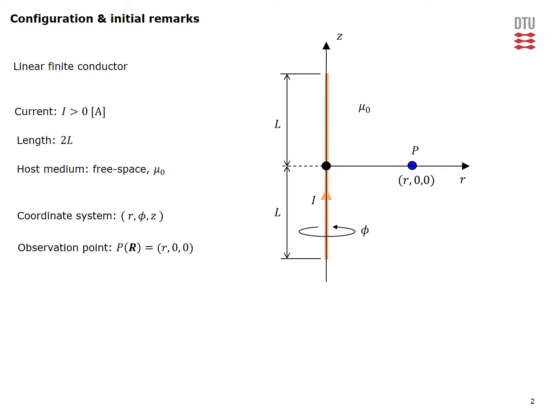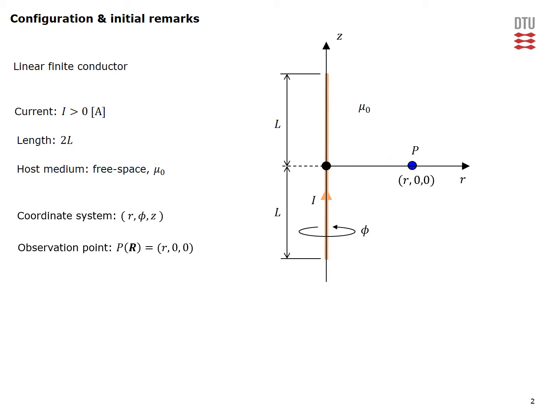We introduce a cylindrical coordinate system with these coordinates that you can see here, and we introduce it so that the conductor is located along the z-axis as shown here, and that the observation point has these coordinates here. So we are essentially determining the field at a radial distance r from the origin, which is here, to the